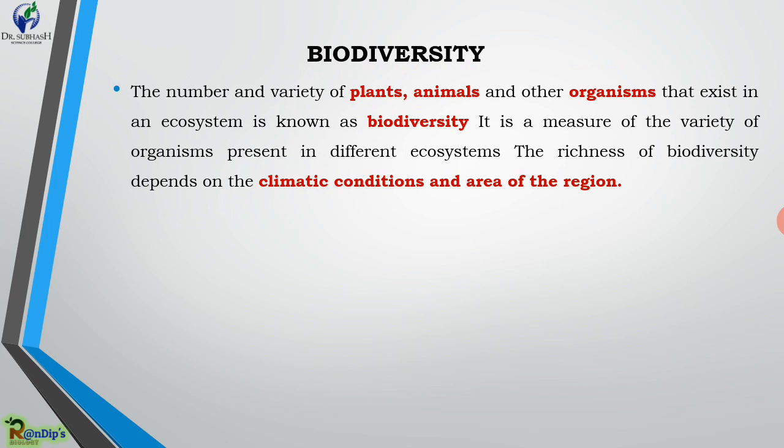So first, again, species endemism and vascular plants come in this definition. Climatic condition and area of the region matter, because we have lost 70% of the diversity. And that's why, for India, we know that in the Indian area there are four hotspots of biodiversity, which we can study in the next slide.